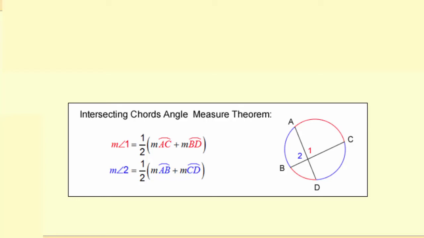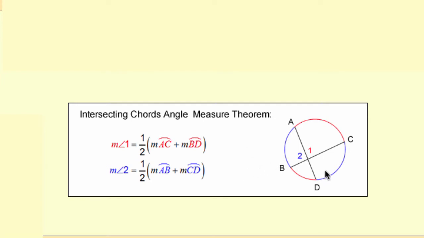So the big picture for this lesson is tangents and chords. Now chords within circles, and also accompanied with some tangents, form some interesting angle relationships. So for example, we have the intersecting chords angle measure theorem, not a very catchy name, but basically what it